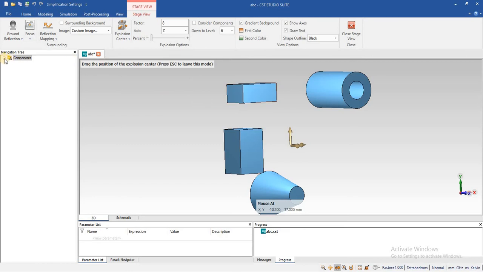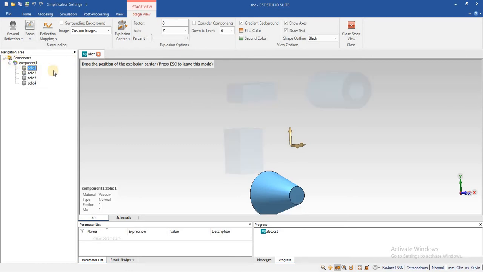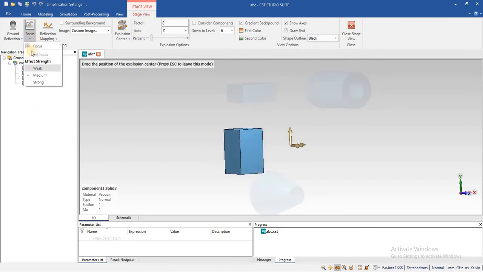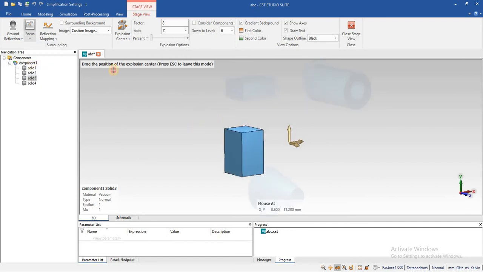Similarly, if you want to focus on a single object, you can just click on that object, and the others will be automatically hidden. But you can also use the focus command here.